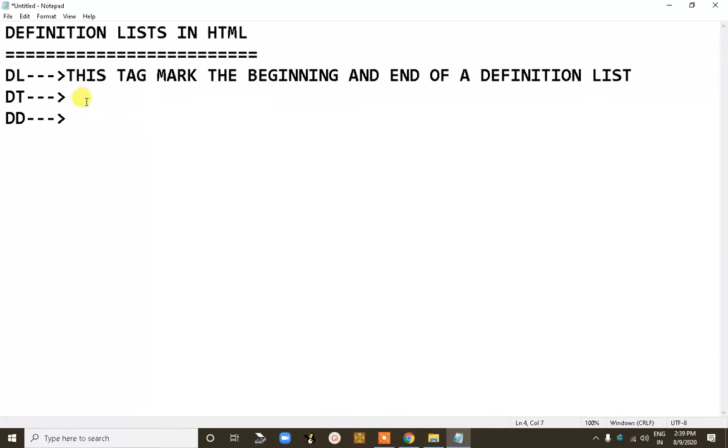Now next tag is this definition term, DT. This tag marks the definition term in a definition list.